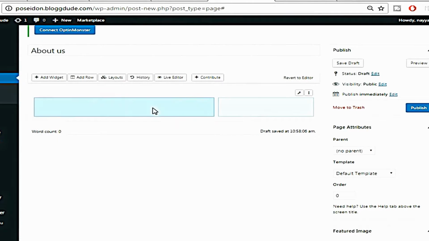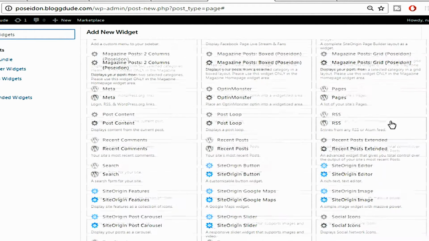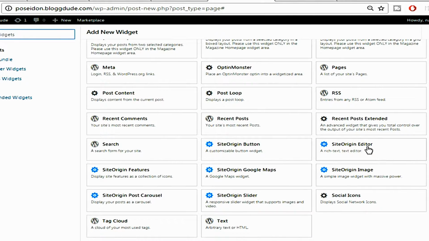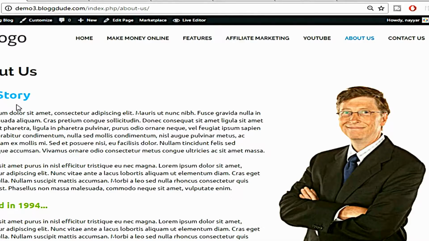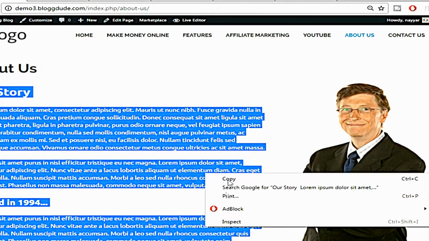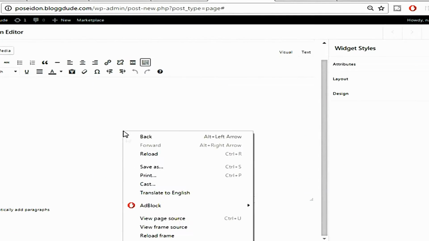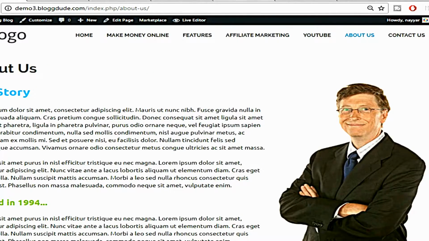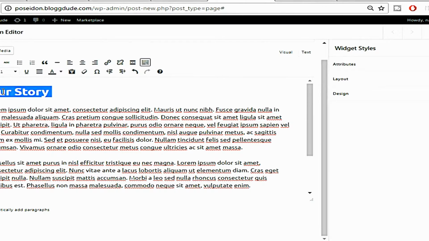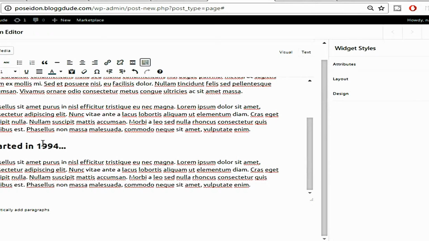So click on first column and click on add widget. Now scroll down and select Site Origin Editor. Once you're done that, hover Site Origin Editor and click on Edit. Now we have to put in this text. So instead of typing everything, just copy it from here and paste it over here. So once you have pasted over here, as you can see, the color of the title is different. So what we do is just select this title and click on text color and put in any color of our choice. Similarly for this thing,